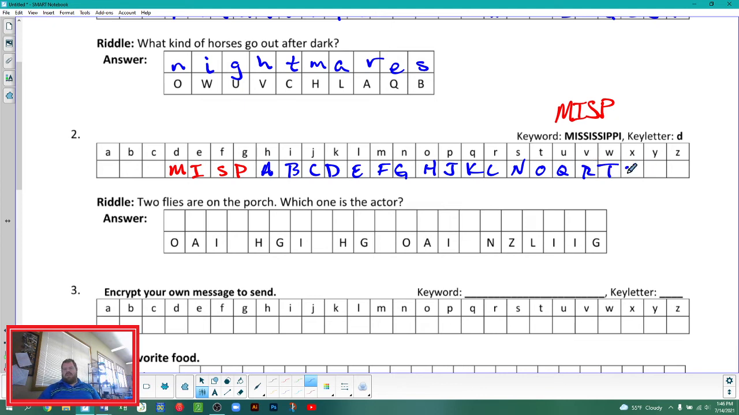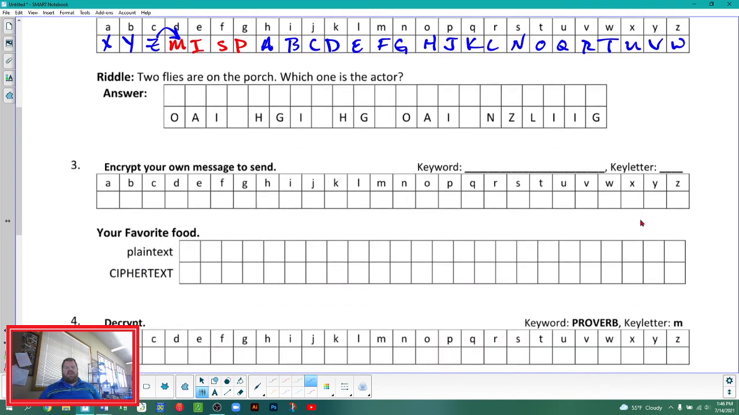R, skip S, T, yeah, U, V, W, X, Y, Z. And again, I just know that Z should be followed by my keyword. Okay, so then I'll let you finish out Two Flies Around the Porch, which one is the actor. And then